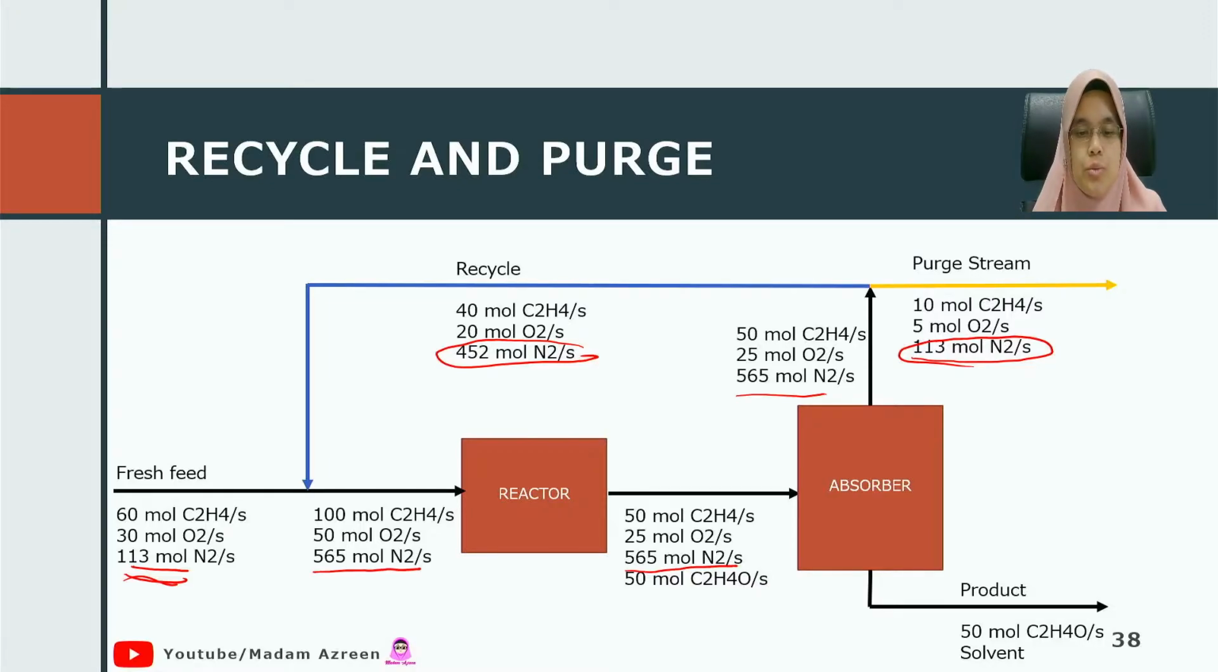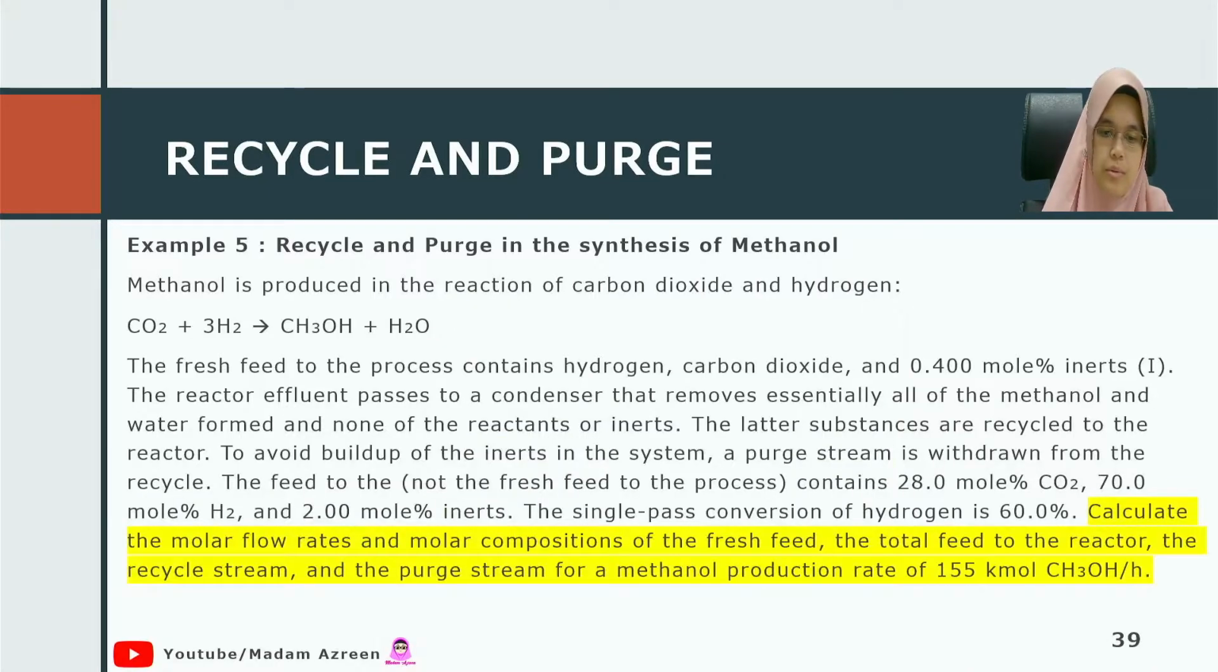So don't worry so much. Let us take a look at an example of how to calculate a recycle and purge. We have here recycle and purge in a synthesis of methanol. To synthesize methanol, you need to do a reaction of carbon dioxide and hydrogen to produce methanol and water. The fresh feed, which is before mixing with the recycle stream, contains hydrogen, carbon dioxide, and